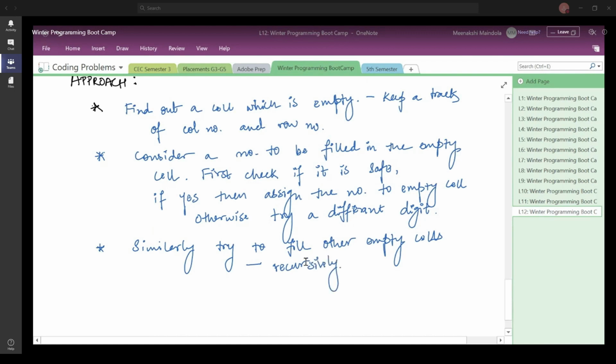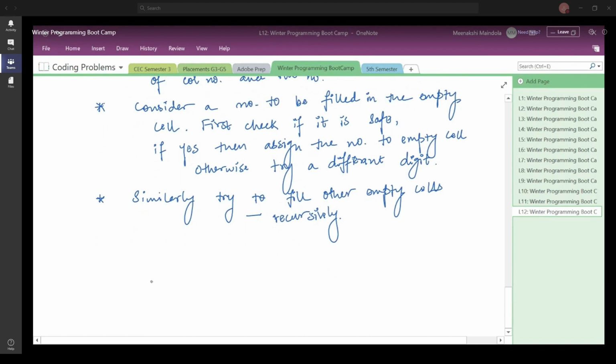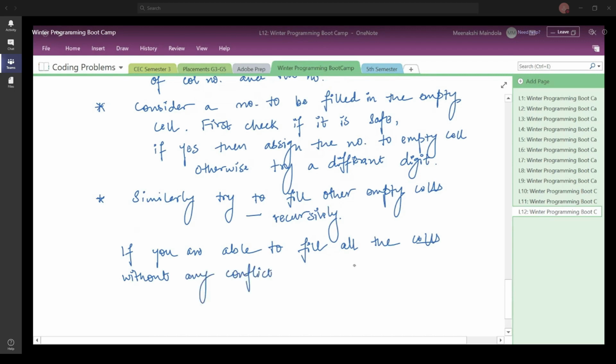Now you say if you are able to fill all the cells without any conflict, then simply return the solved Sudoku.